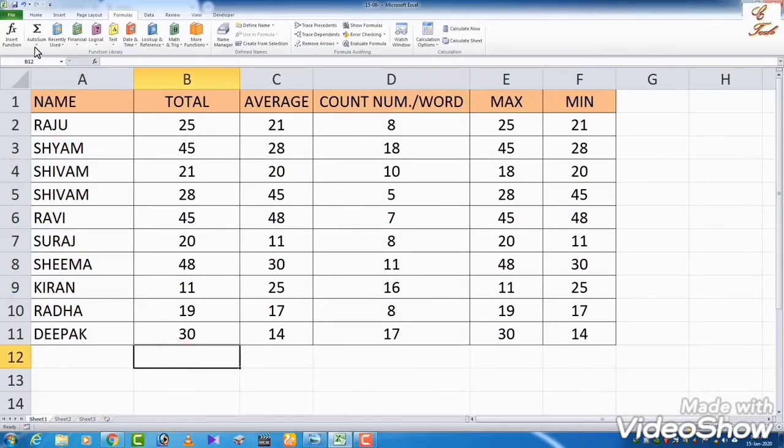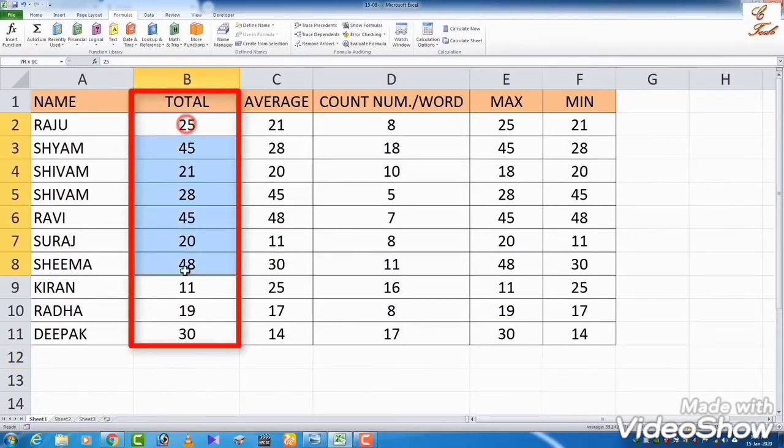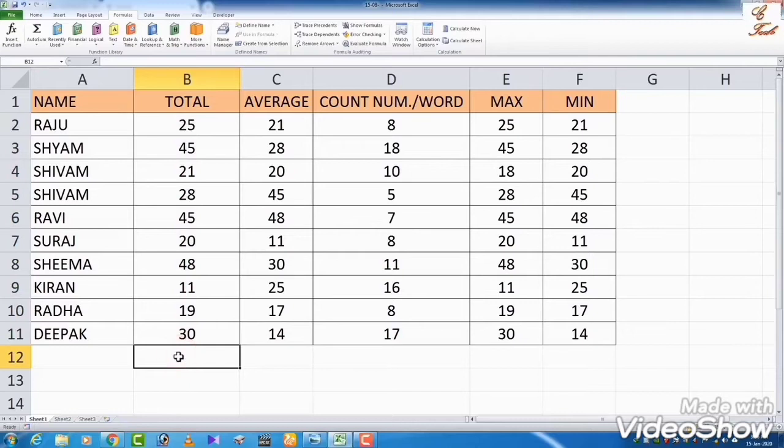Now I will calculate the total. In column B, different types of values are there. I will add all these values together with the help of the AutoSum option. I will select B12 and use the AutoSum formula. Another method is there with the help of the plus sign.